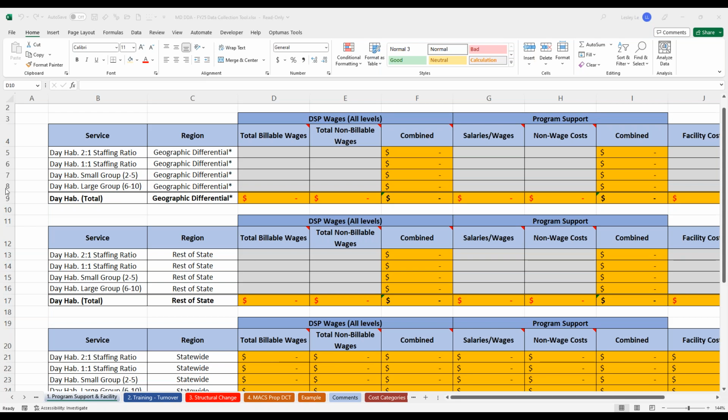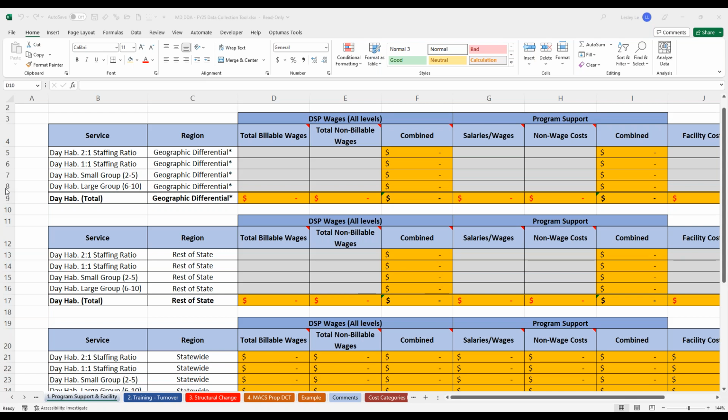Okay, 2 more questions have just come in. Did I understand you say this is not required? I was under the impression it was required by all providers. So we can't really speak for DDA, but what I believe Robert said in the last meeting last week was that it was not required, but highly encouraged.